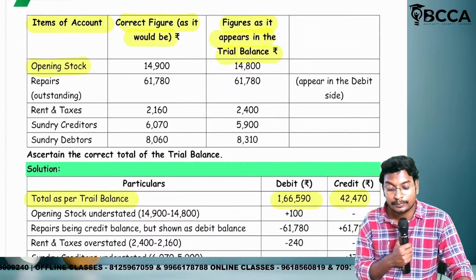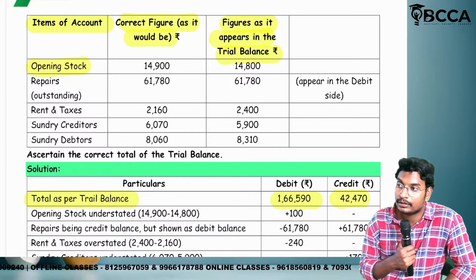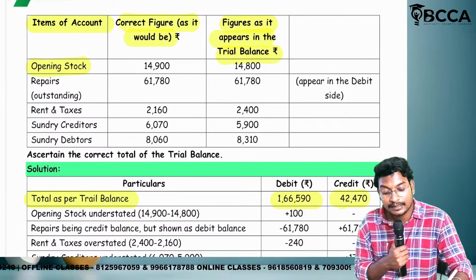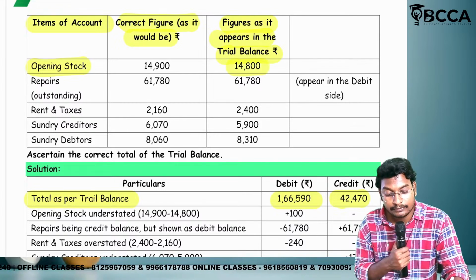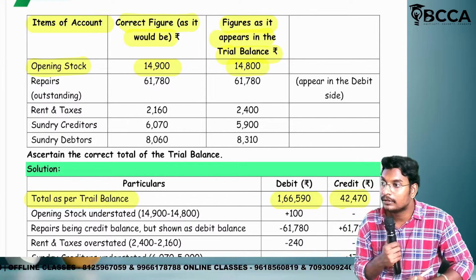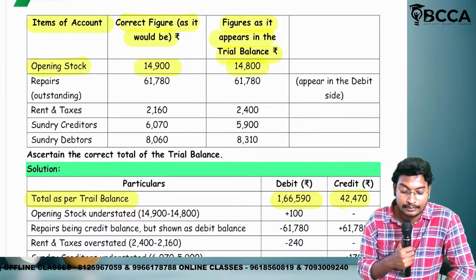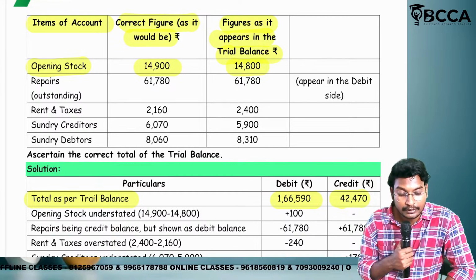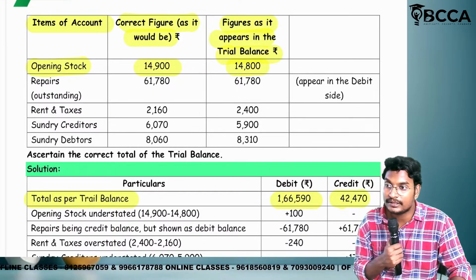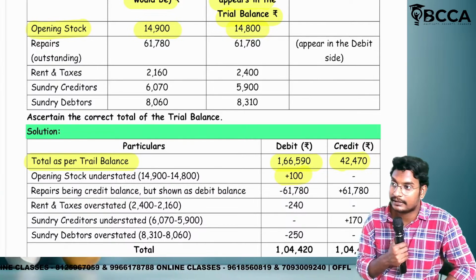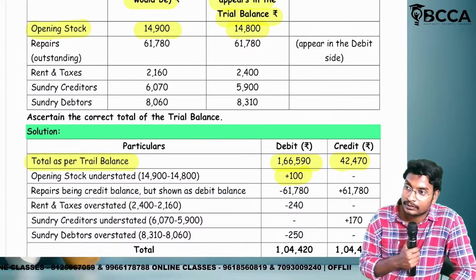So if we check the opening stock, where do we have to record it? On the debit side or credit side? We have to record on the debit side. How much amount have we recorded? We have recorded 14,800, but how much amount do we need to record? 14,900. That means we need to record extra amount or we have recorded more amount? We need to record extra amount. How much extra amount? Which side? Debit side, we need to record the extra amount of rupees 100. How did we get it, ma? 14,900